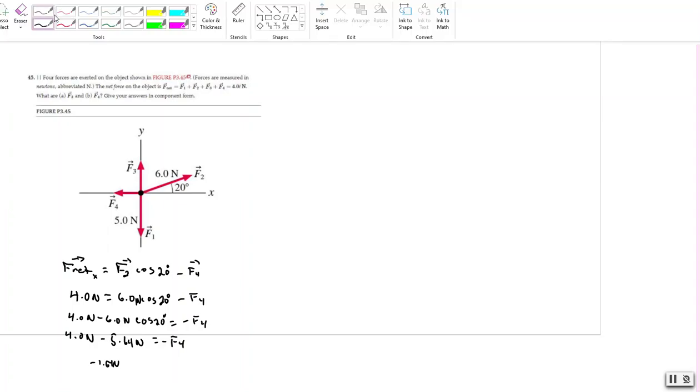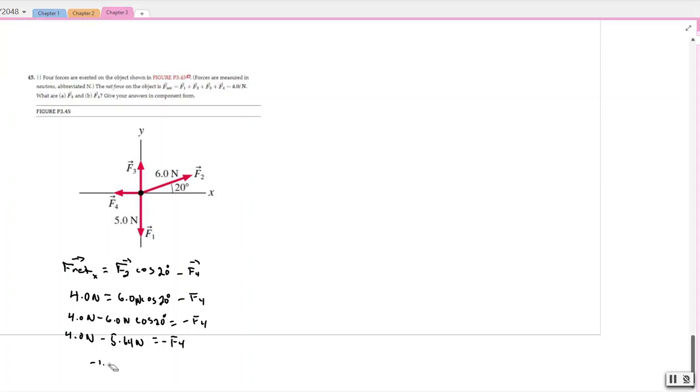Let me erase this part here. So negative 1.64 newtons equals negative F4, so F4 would be